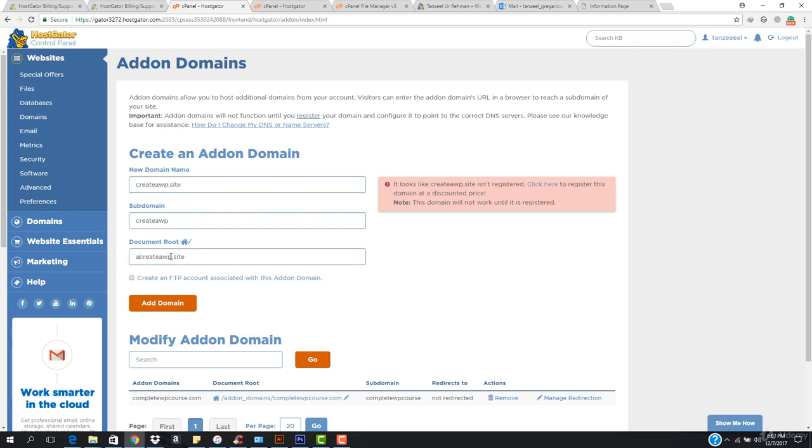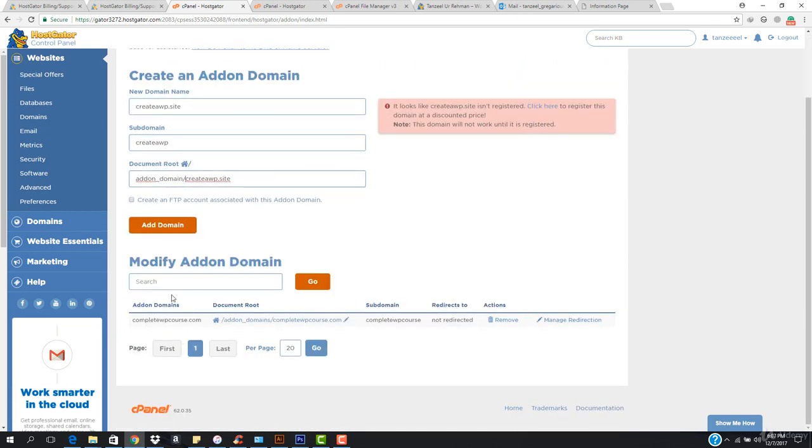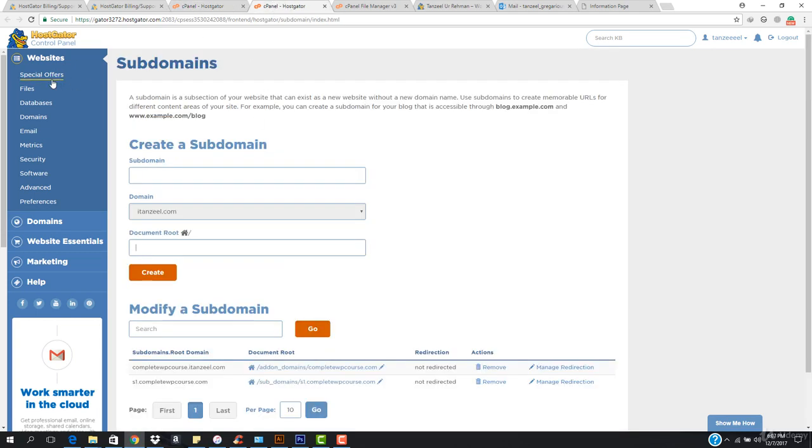So for document root, I'm gonna add-on. Make sure to add that add-on_domain/create a wp.site. Okay, so you can see that I already have an add-on domain name right here that is completewpcourse.com. So I am just adding another domain name that will be add-on_domain and /create a wp site. So I can just go to the files right here,